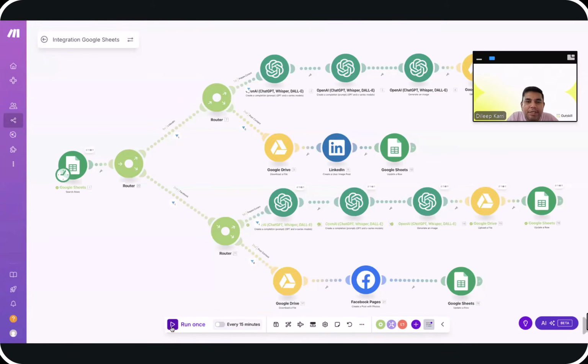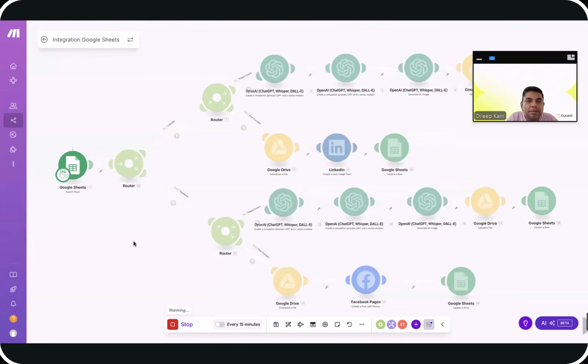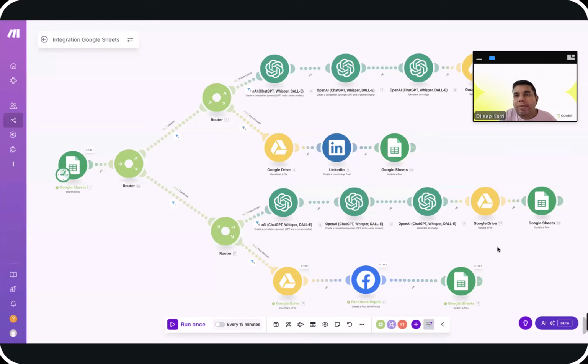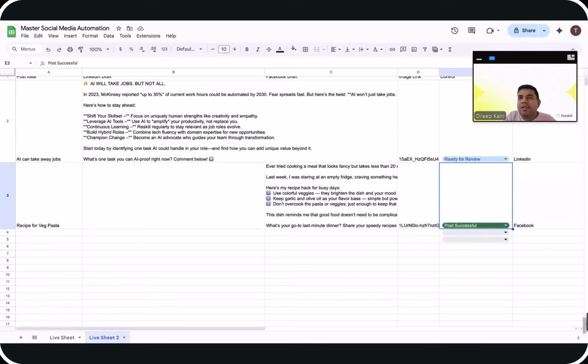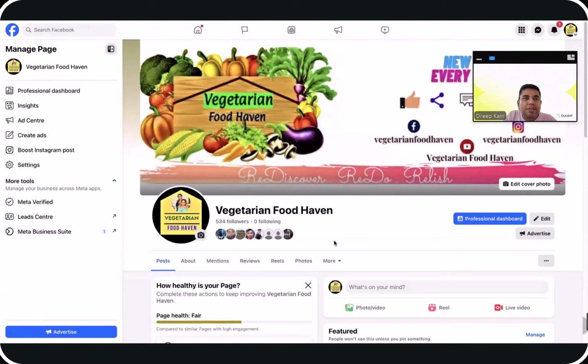All right, so I will say run again. It's gotten it. So now it is creating it on my Facebook page. Let us hope this automation, this also I kept auto delete, but hopefully this one should work better. So let me check. Here it is saying post is successful. I'll refresh this